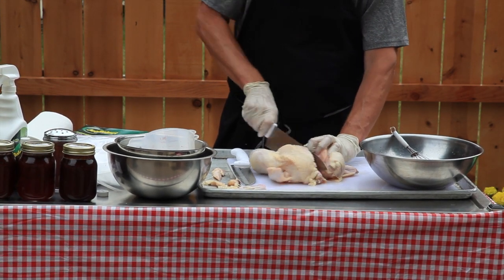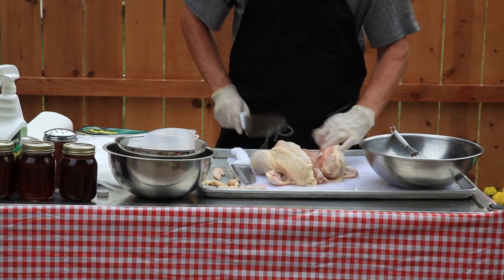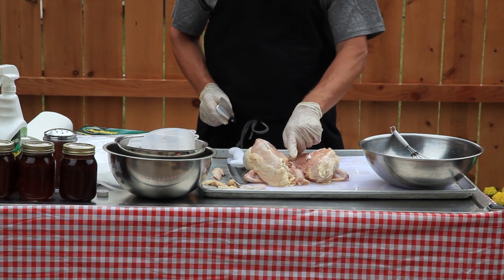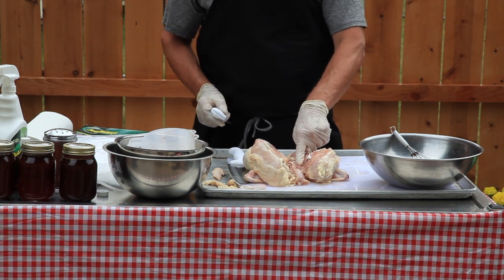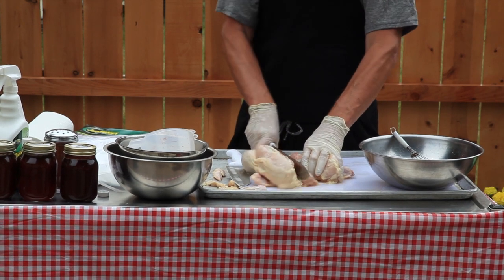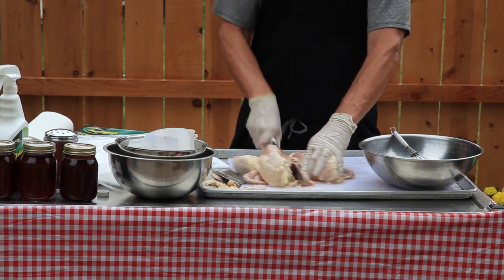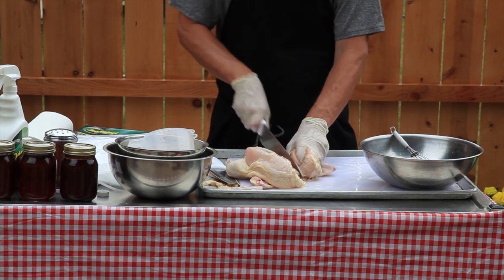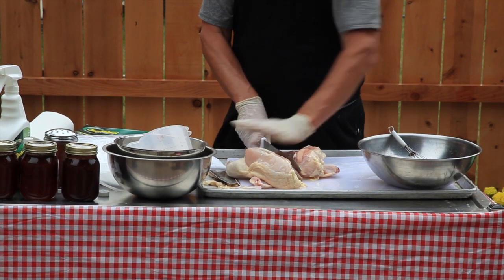Works the best. Give it a little pound. You open it up. Okay, here's where the neck lies. We're going to get rid of that portion of this product. Good sharp knife. It's the best tool you can have. So make sure you have a nice sharp